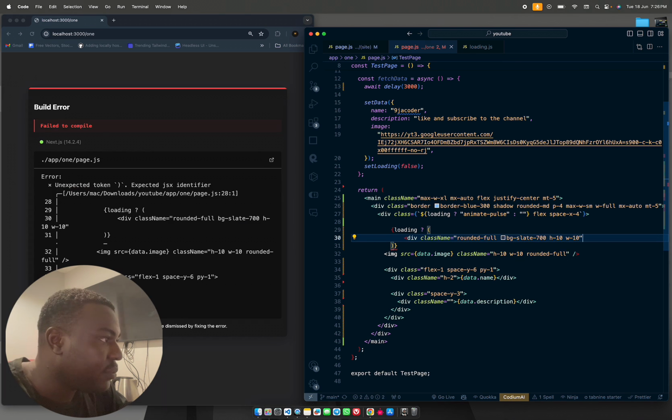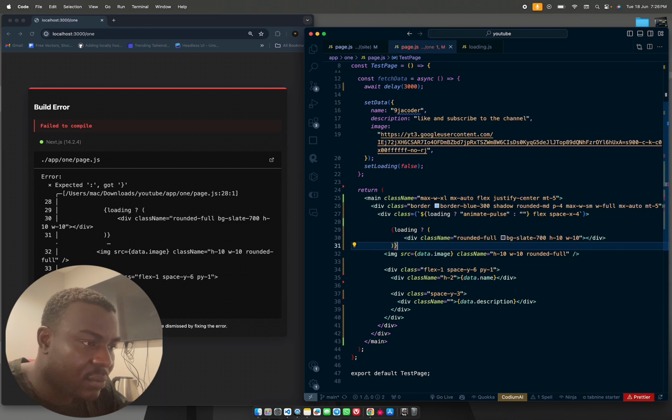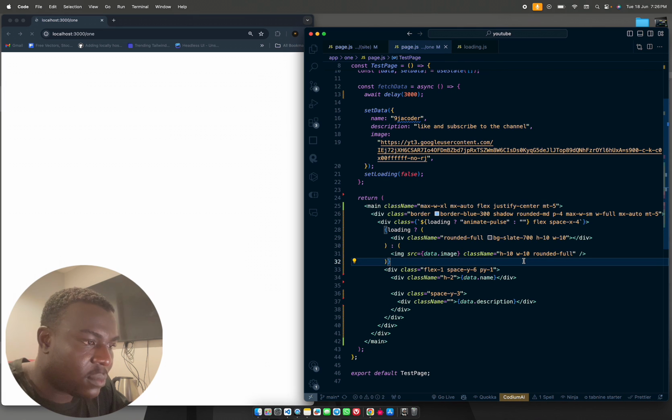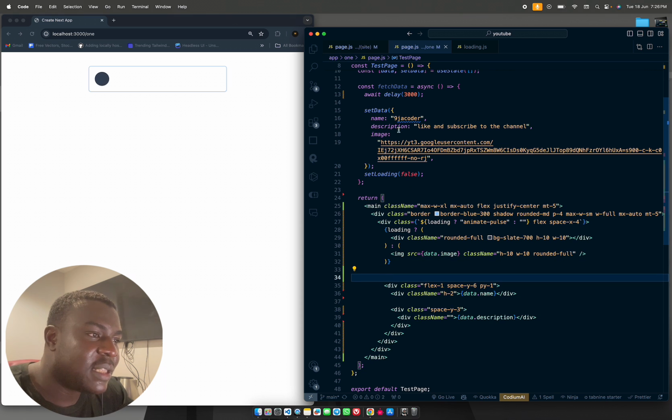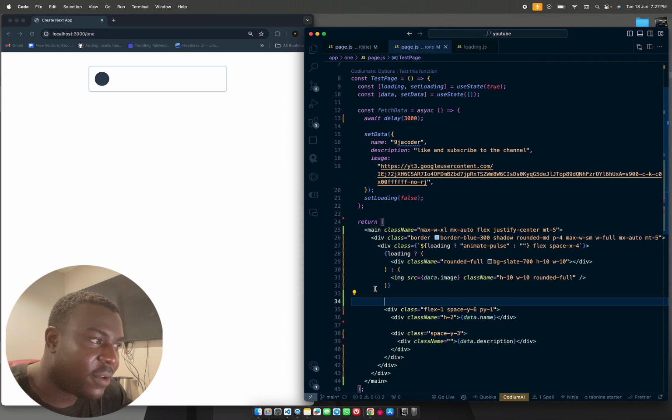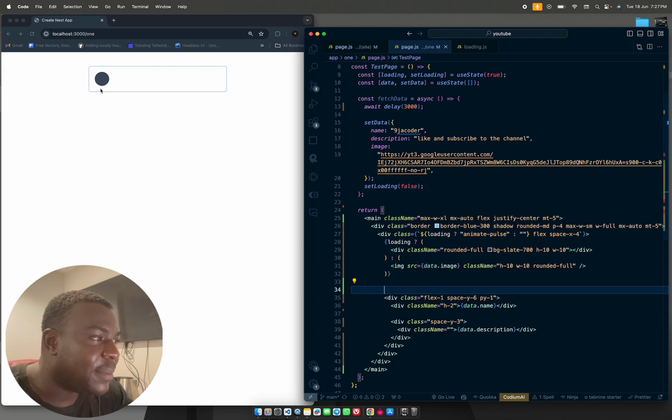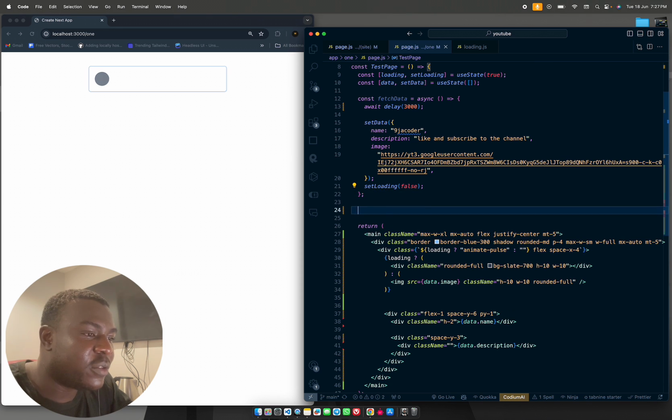Okay, so here now what we're saying is if it is loading, if loading is true, which obviously is true, right? We want to show an animated section. So you can see here it's pulsing, right? Beautiful. So what we're going to do, just to prove our point, we're going to say use effect when